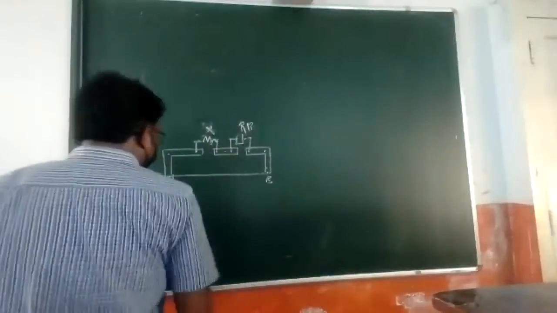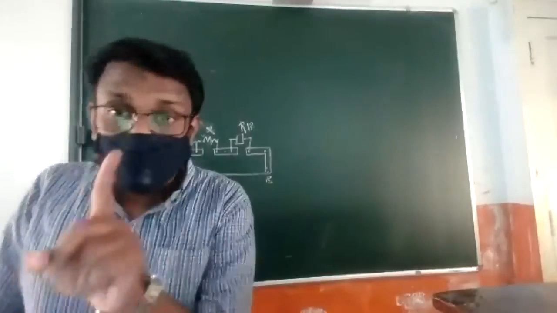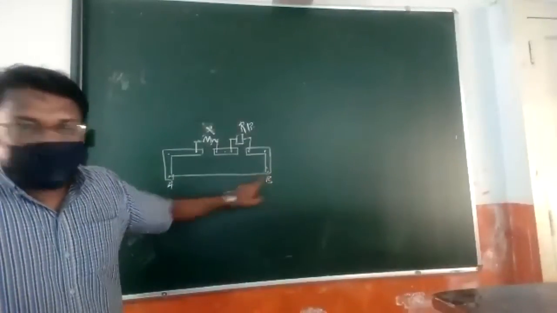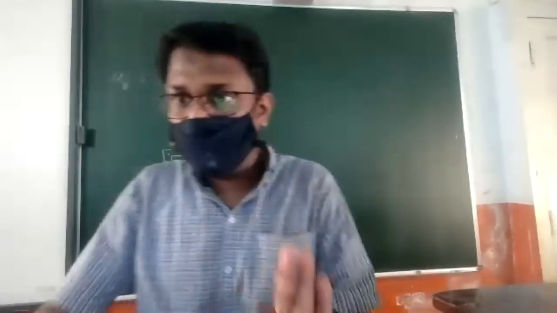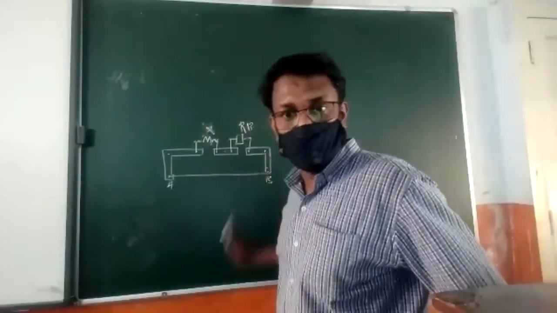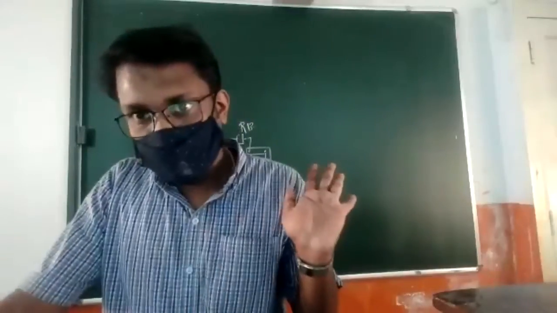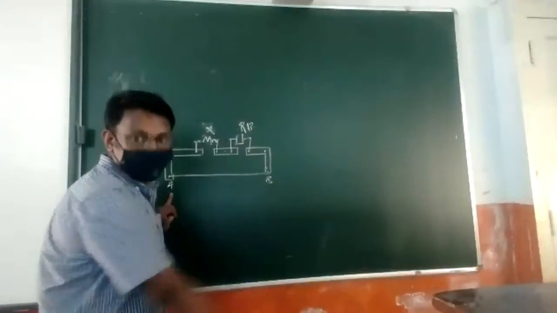Okay. And here between A and B, a large gap is there. At least 1 meter distance is there between the points A and B. Between these two points, a metallic wire is connected. So it is clear that the length of that metallic wire should also be 1 meter. That is why it is called a meter bridge. That means the length of the wire connected between A and B should be 1 meter.